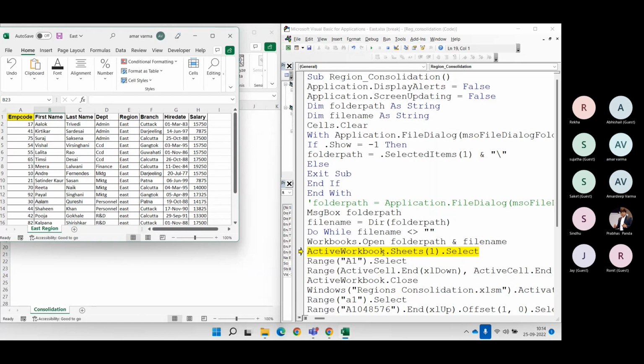Okay. Then in that, I'm going to A1 and then I'm selecting the whole data. And now once the data is copied, I'm directly copying it. Okay, if you look here,